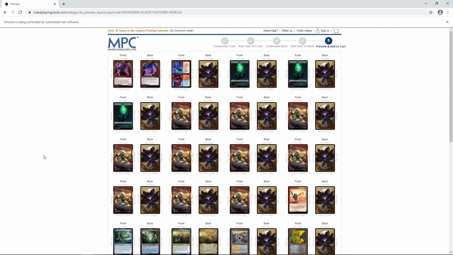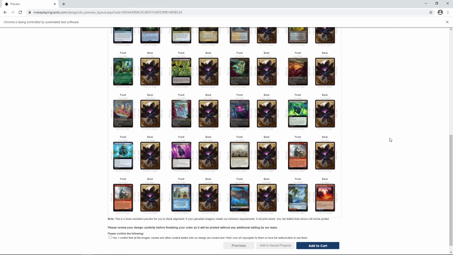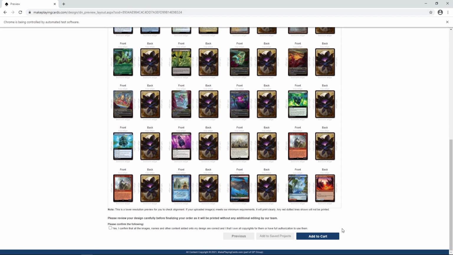I do however want to cover one more thing that might be very useful to know. And that is, what would you do if you want to order several sets of cards? Say you and a friend want to order Proxies together and split shipping. Or maybe you want to order 200 cards with one card back, like this one, and 200 cards with another card back. So what you can do is, instead of clicking this add to cart button, we're going to click